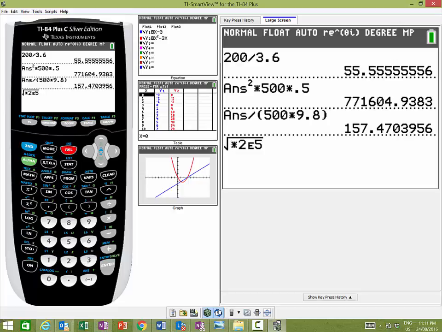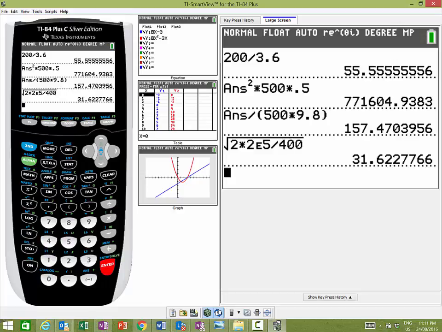I'll just start again. The square root of 2 times by 2 to the power of 5, that's 200,000, and then I need to divide that by 400. And that gives me